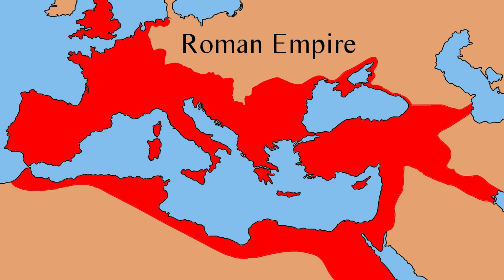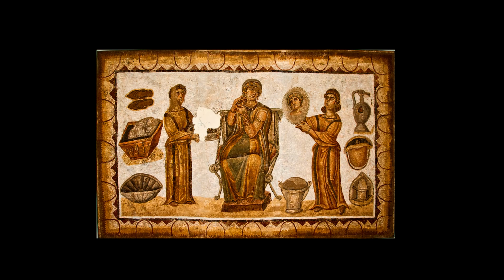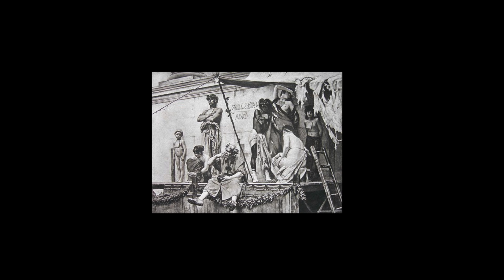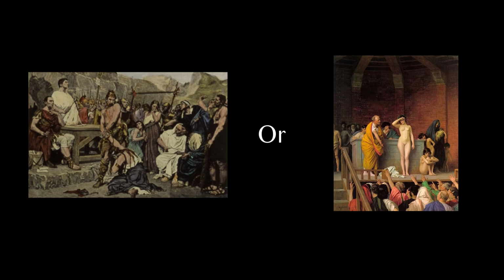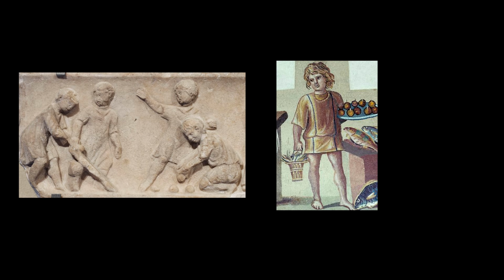Under Roman rule, a slave wasn't considered to be a person. They were considered as objects and property of their owners. Slaves, known to the Romans as servus, were often captured from other countries as prisoners of war or from people who willingly sold themselves or even family members into slavery to help pay off debts. Sometimes, unwanted or orphan children were taken in from the streets to be slaves too.